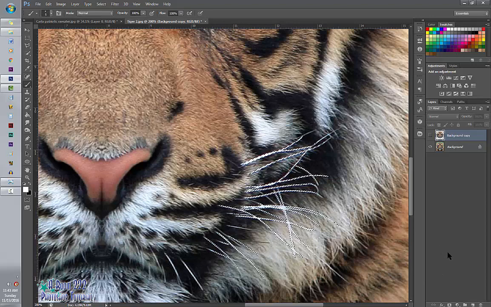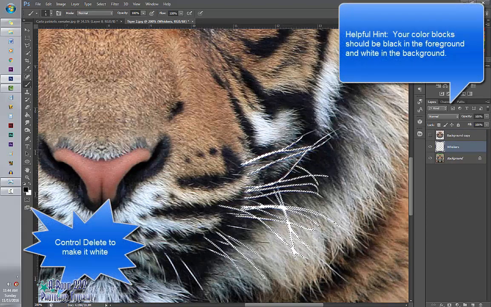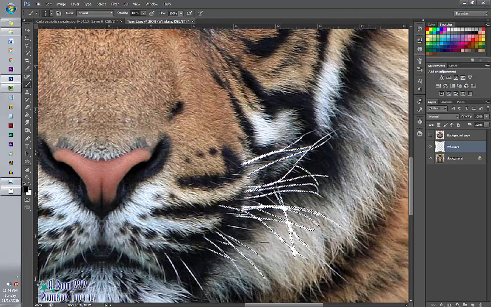We're going to click on the new layer icon to make it a new layer, and we're going to rename it Whiskers. And it should be right above the background. So Control Delete will make it white. This is on the whiskers right now. So now we're going to hold down Control, and we're going to select both the whiskers and